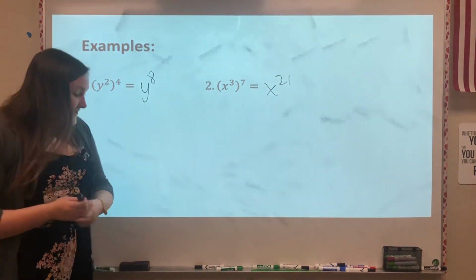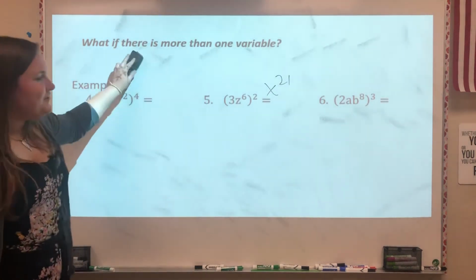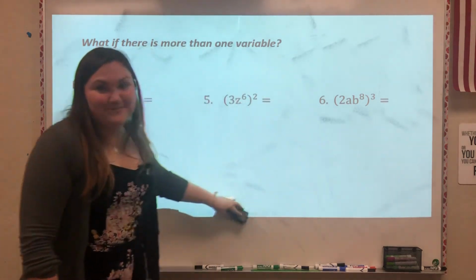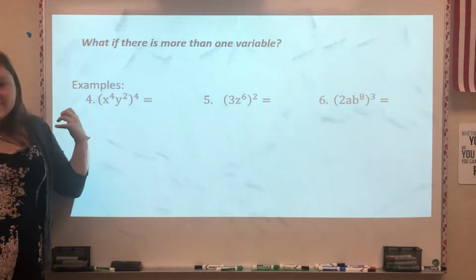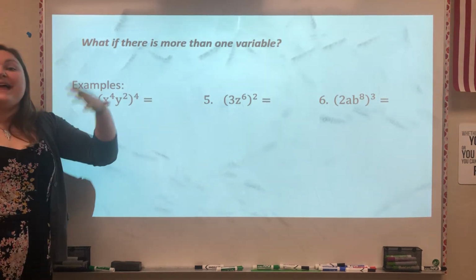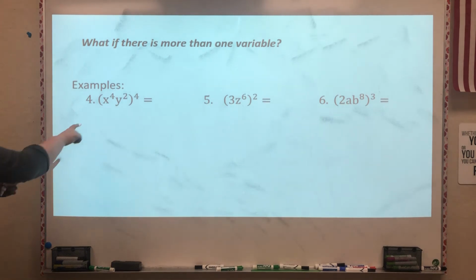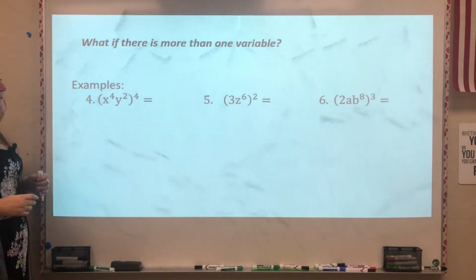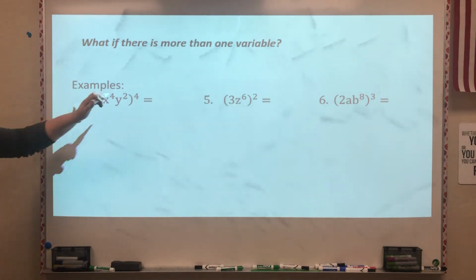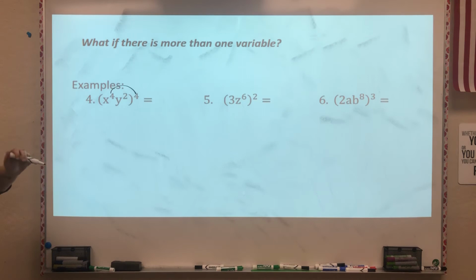We can make these even more fun by adding in more variables and coefficients. Just like all of these problems, the idea is the same. You're going to use whatever that rule is that we learned and apply it to multiple things. So for this problem here, I've got x to the 4th power, y squared, all raised to the 4th power. In this problem, we are going to apply this exponent, that 4, to x to the 4th power and to